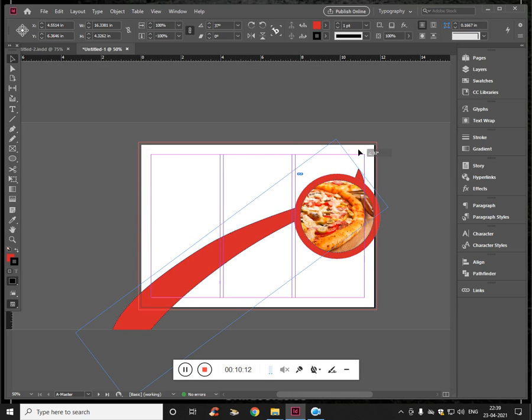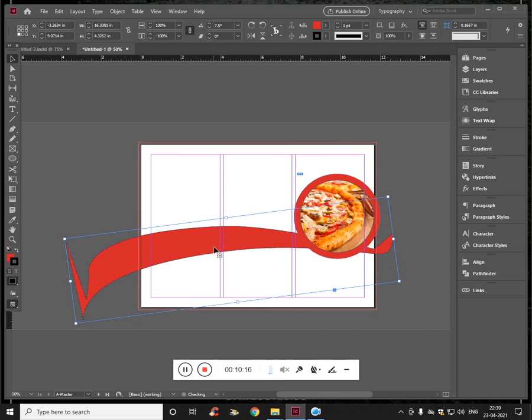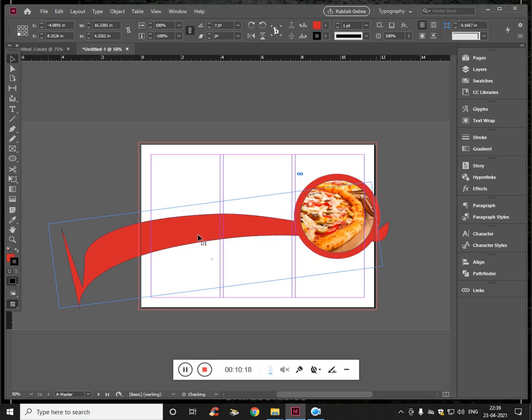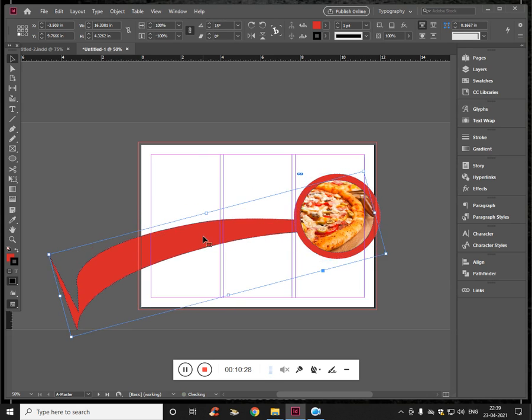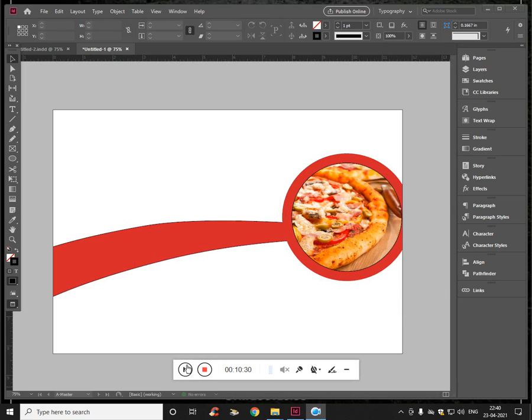To save time, I'm just doing it on my own. Fine, that's working. Now let's press W again. Now we need to draw a rectangle. Let's draw a rectangle starting with the bleed and ending where the bleed ends, and add the color black, and send this guy, Arrange, Send to Back.